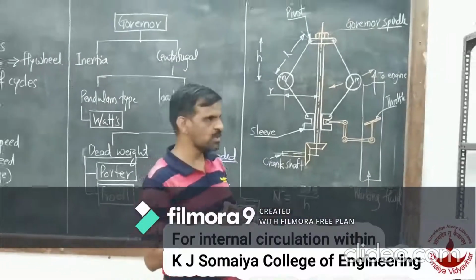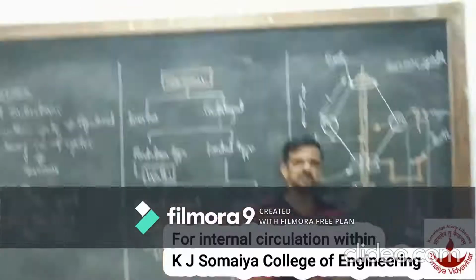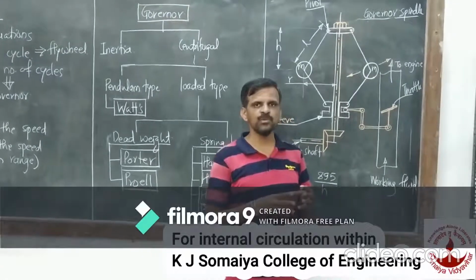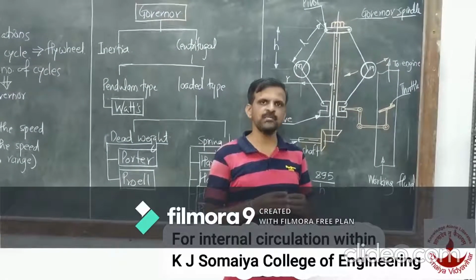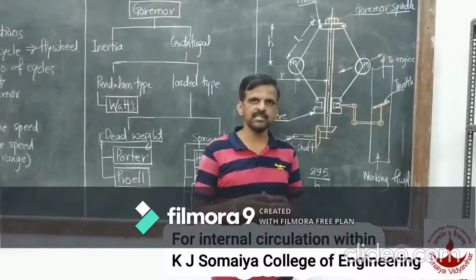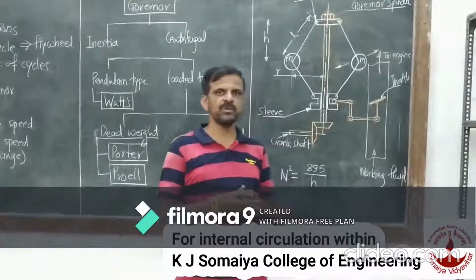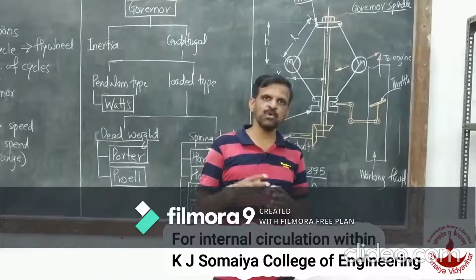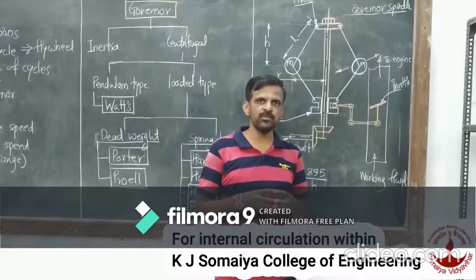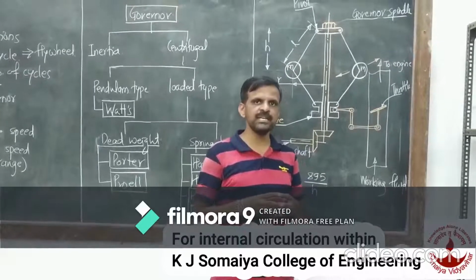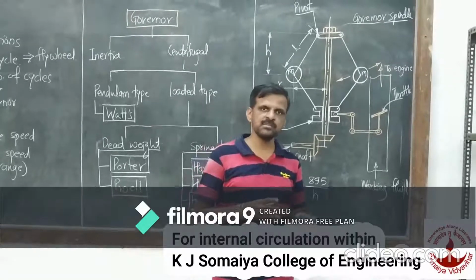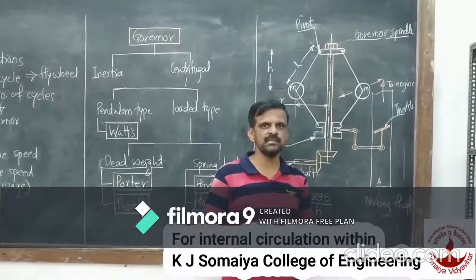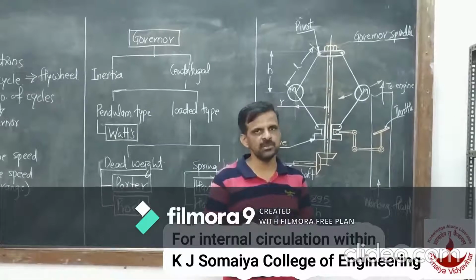So in order to avoid this, what we need to do is, when the speed of the engine reaches the minimum value, we should allow more fuel to be supplied to the engine, so that more power will be generated, and the speed of the engine increases a little bit, within the working range of the engine. Whereas on the other side, when the engine speed increases much more due to the decrease in load, beyond a certain value of maximum RPM of the engine, we need to cut off the fuel supply to the engine, so that the power generation will be reduced, which will in turn result in a decrease in the speed of the engine within the working range of the IC engine as well.